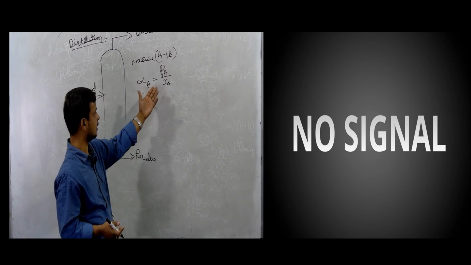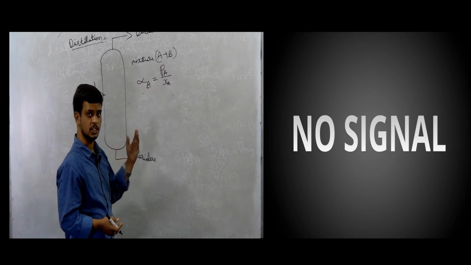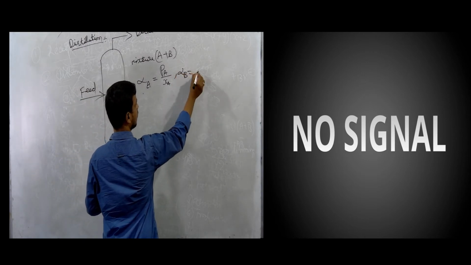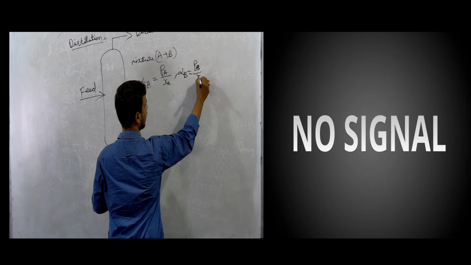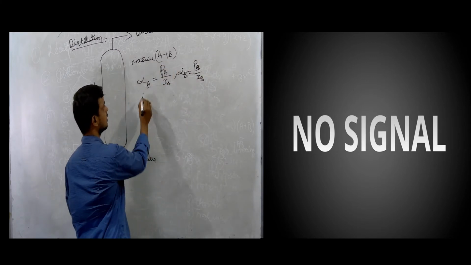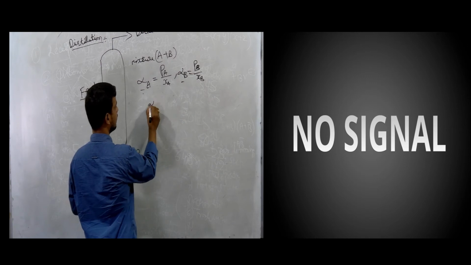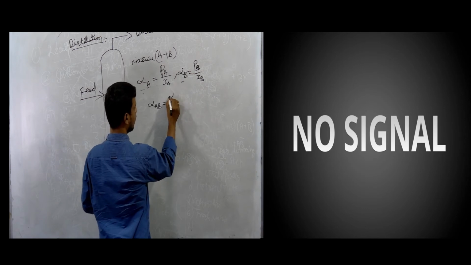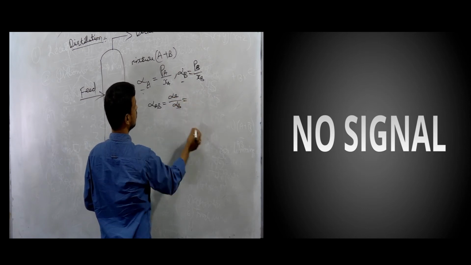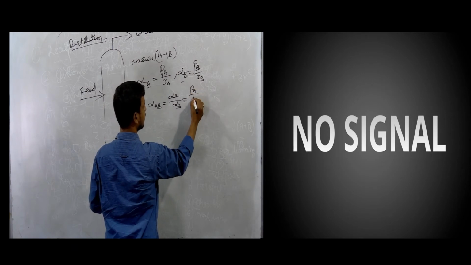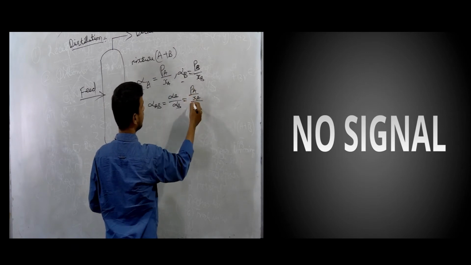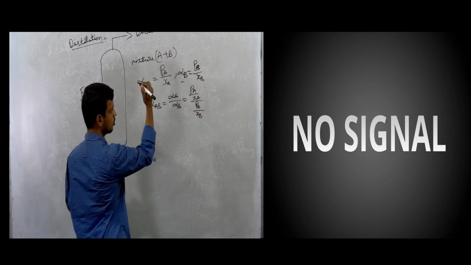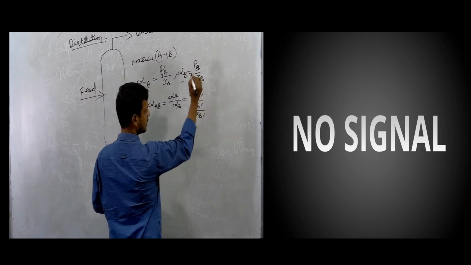So this volatility as a formula we can write as partial pressure divided by mole fraction in the liquid phase. Similarly for component B, alpha B is equal to PB by XB. Then what is relative volatility? These are individual volatilities. Relative volatility, alpha AB, is equal to alpha A divided by alpha B. So alpha A from equation 1 is partial pressure of A divided by mole fraction of A, and alpha B from equation 2 is partial pressure of B divided by mole fraction of B.